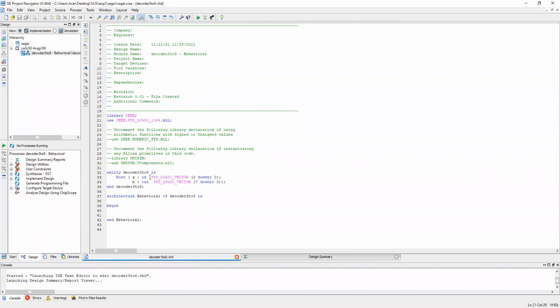This is standard logic vector 2 down to 0, standard logic vector 7 down to 0. See, whatever code we write is what appears here, right? When we write code, we write this same thing. The same thing will appear in the practical also. Now after begin we are supposed to write the code. So I will copy paste this code here.